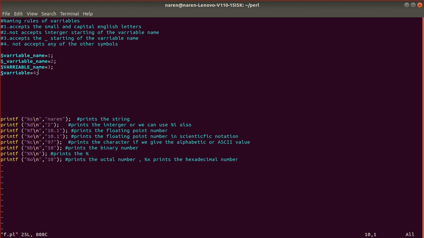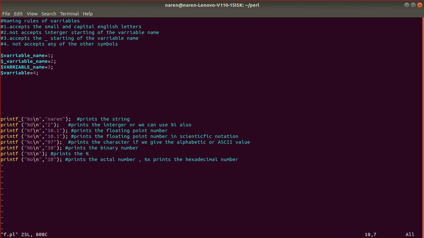And here we have one more discussion. We have one more concept, that is formats in Perl programming language. So here I have used printf, right? In previous videos I have used print only. So why have I used printf here? Because print is not accepting these formats like percentage s, percentage d, percentage f. It's printing strings only. If we give percentages in print, it will give only the percentage directly. Only printf accepts the formats of these percentages, percentage d.